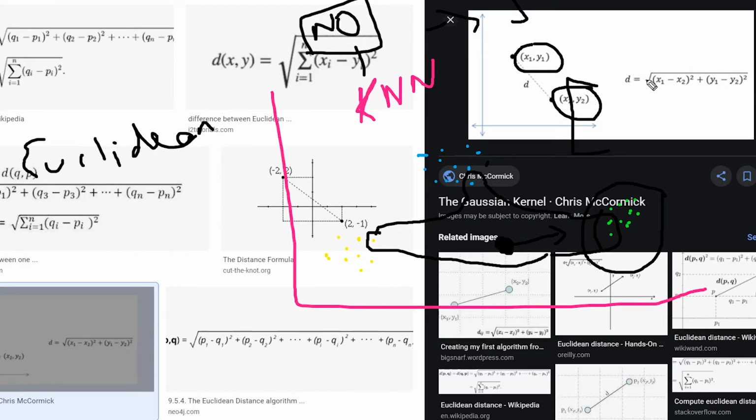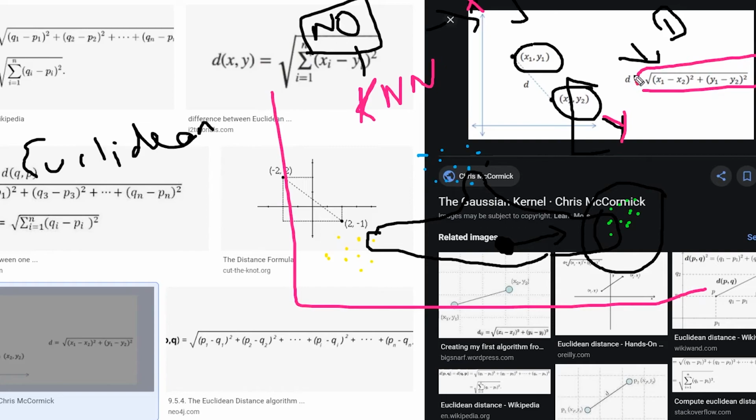So it is taking the square root of (x1 minus x2) squared plus (y1 minus y2) squared. It is doing this because it only has two coordinates here, this is x and this is y.